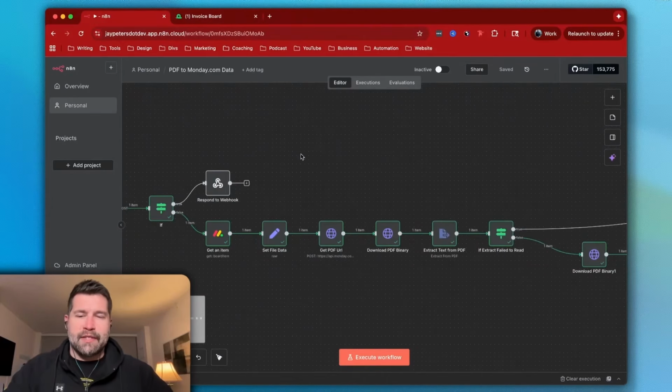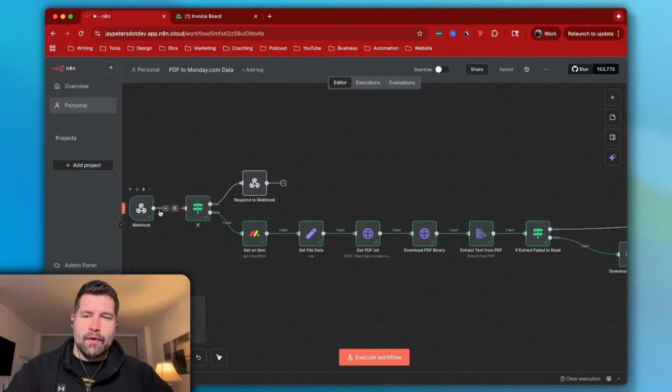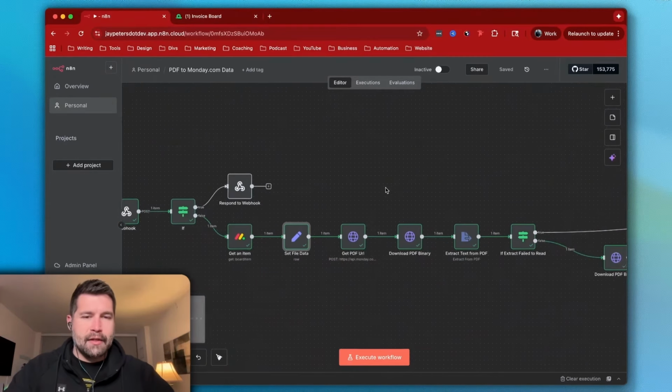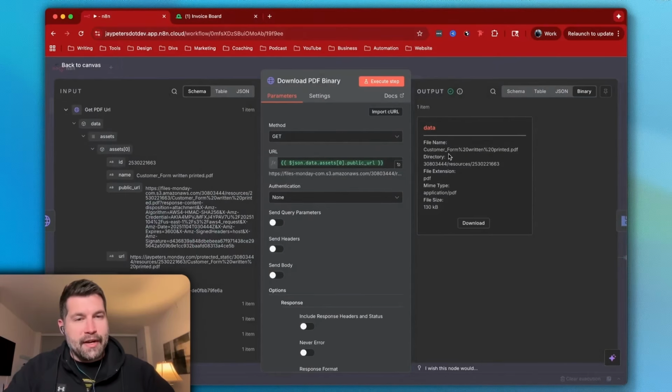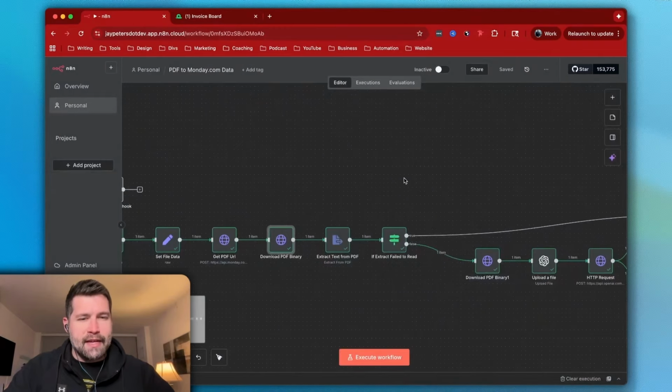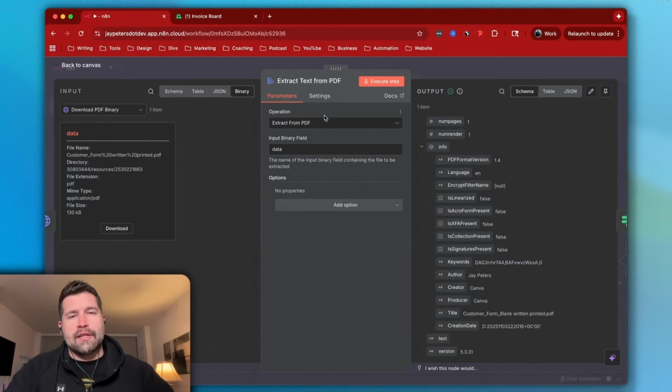So basically what's happening is that when the status changes, the webhook fires and checks to make sure there's actually data needed. Then we grab that row from monday.com and grab the payload to be able to get the document, so I can download the binary. Once I've got the binary for that PDF that I uploaded, I can send that binary first into the extract from PDF node that's already built into n8n. So it can read the binary data from the PDF that I just showed, and you'll get the info